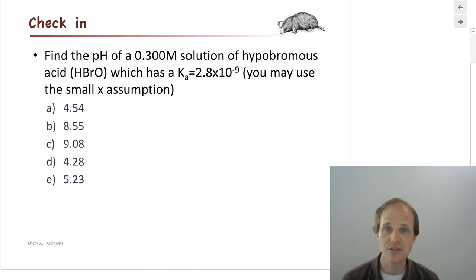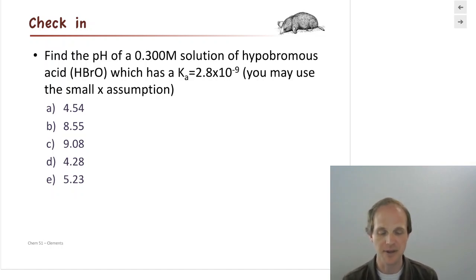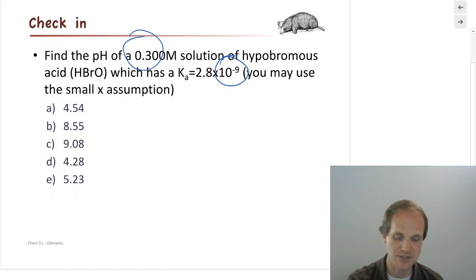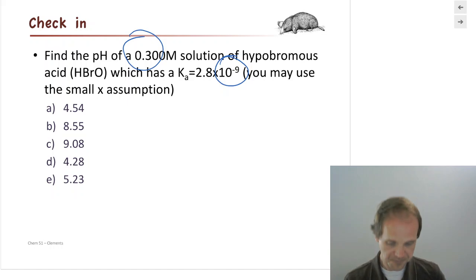Which brings us to your turn already. Now that we know how to set these things up, you should be able to set up our reaction, right? You see, hey, look, I've got a Ka. I know that's going to be HA goes to H+ plus A-. You write out that reaction, you do your ICE table, and you can make the small x assumption in this one. Why? Because you've got a 10 to the minus 9th here compared to 0.3. That's 8 orders of magnitude difference. You're fine. Okay. So go ahead and make the small x assumption, and then